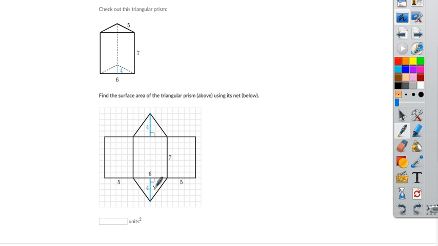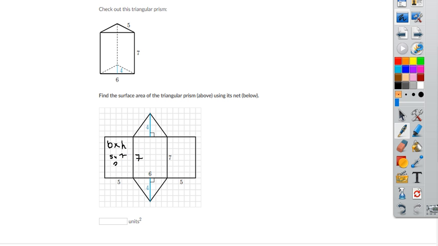So all you really have to do is focus your attention on this net to find the surface area of this prism. So when we're doing that, we have to use our basically puzzle solving skills, our context clues, to figure out the missing side. So I know to find the area of this shape, it's supposed to be the base times the height. But I know that this base is 5, but I don't know what this height is. But if I look over here, I see that this is a 7. So if this is 7 and this is a rectangle, that means that this piece right here must be 7 as well. So that means now I know that this is 5 times 7,